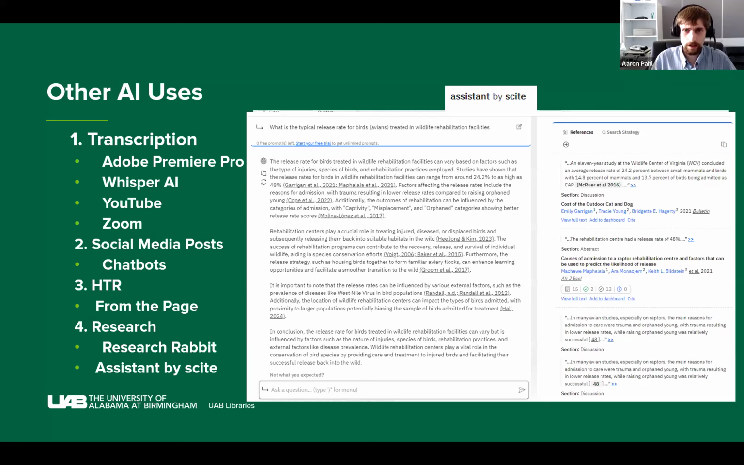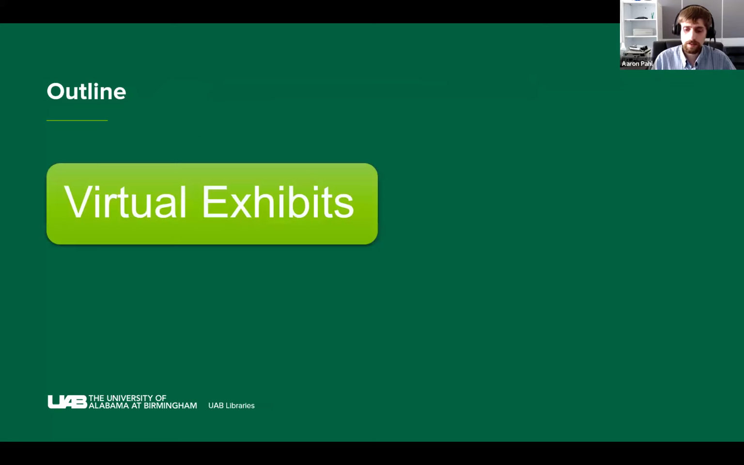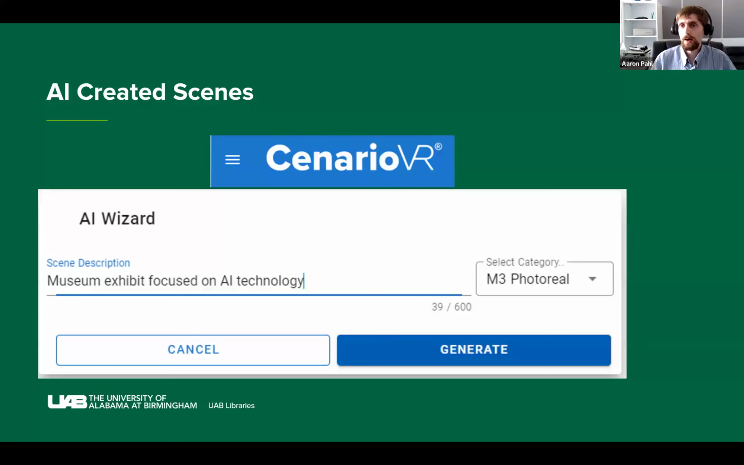I'm going to highlight one other area, and that is virtual exhibits. This is a new area for us at UAB. We are trying to create virtual exhibits of some of our historical collection exhibits. And as part of the product we're using, which is called Scenario VR, it has two options for creating these scenes. One is uploading your own photos or videos and creating these immersive VR environments. And the other is using an AI wizard, which is nowhere near ready for